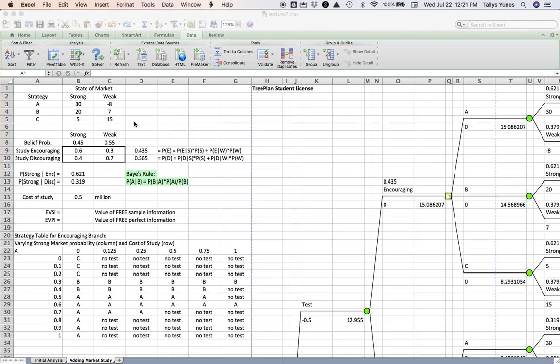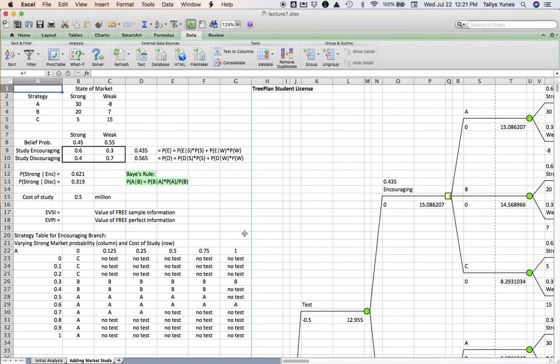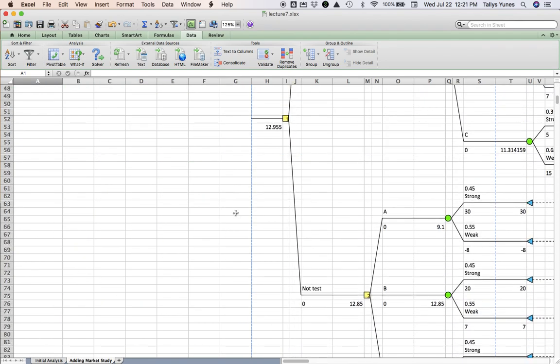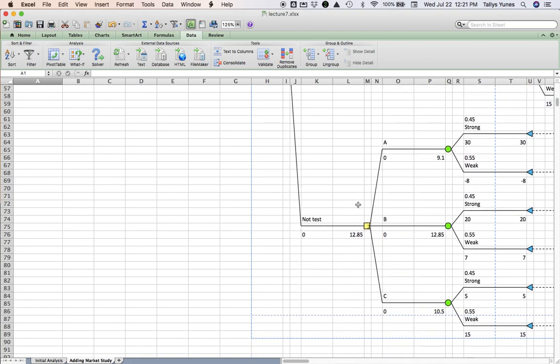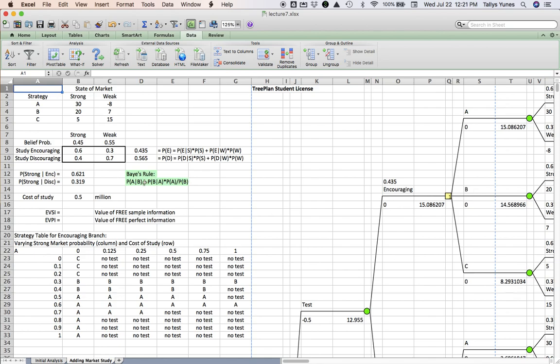It's basically how much going after additional information brings to you in terms of improvement in your expected monetary value. So if you recall from the story of this strategy problem, we could go with the information we have now, that is, we just make a choice of strategies: aggressive, basic, and cautious. And that is going to be based off of our payoff table and our initial belief of strong versus weak market.